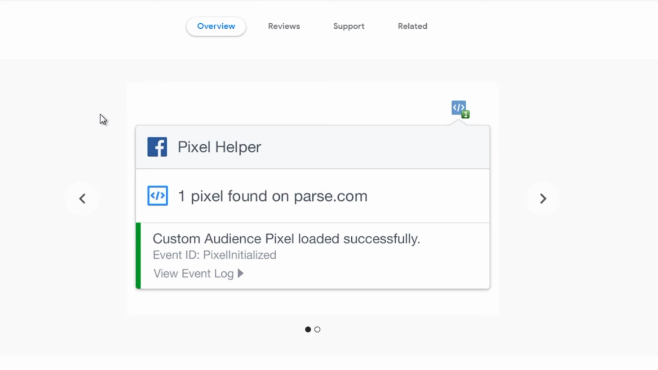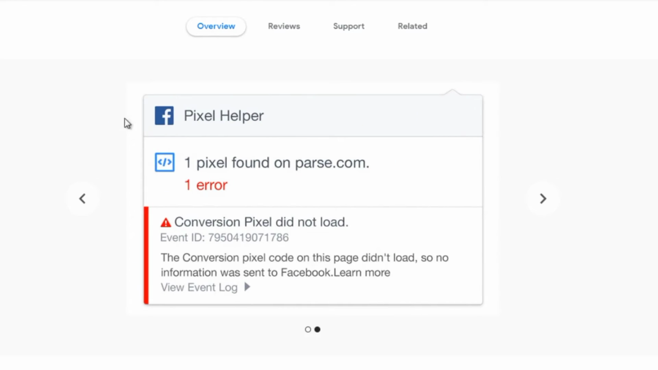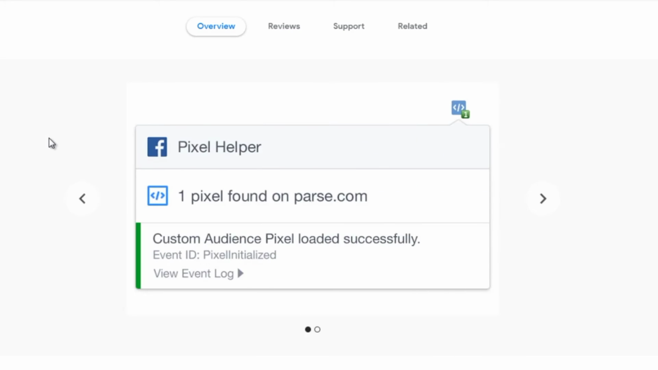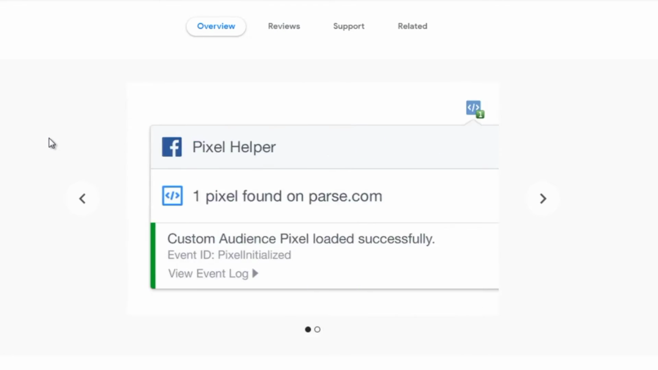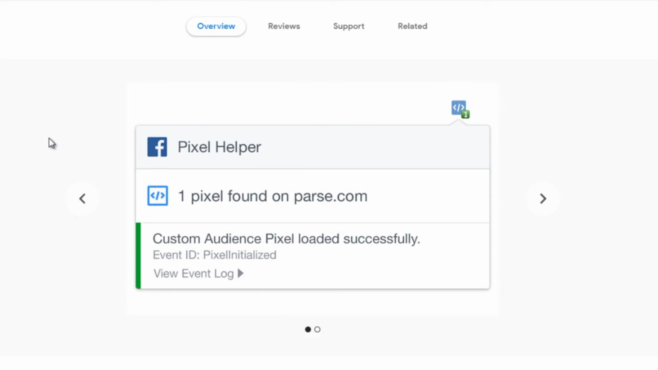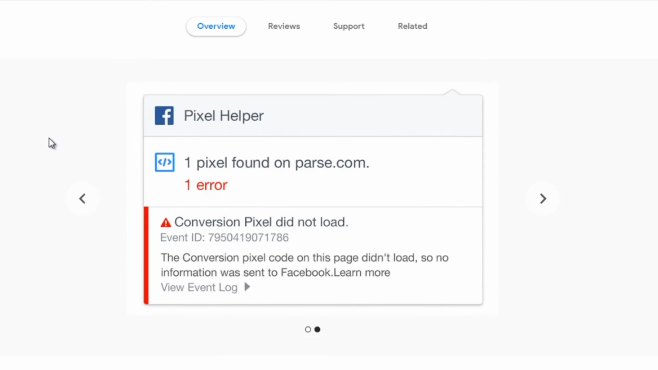So again, go to Google, type in Pixel Helper Chrome extension, and you'll get this right here. And that's really all you need. All you need to do as a recap is, number one, install the pixel in the head tags for any web page that you want. And number two, get this Chrome extension so that you're able to test and make sure that you've installed the pixel correctly. So now that you understand how to add the pixel to your website, your WordPress site, or your landing page